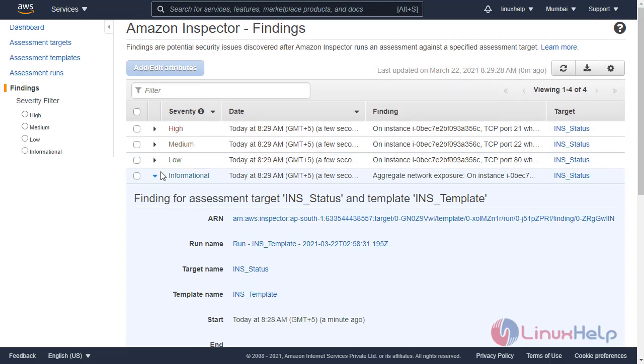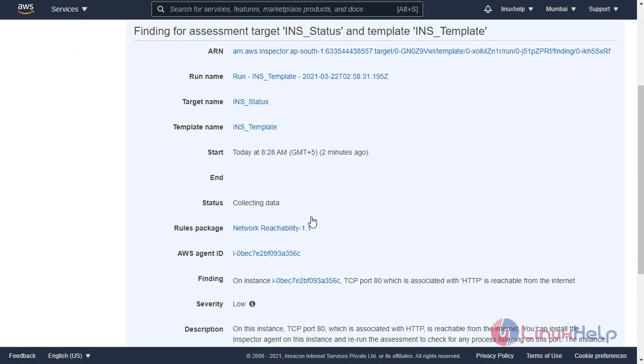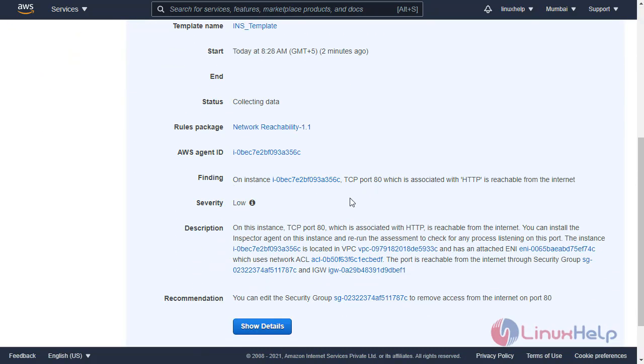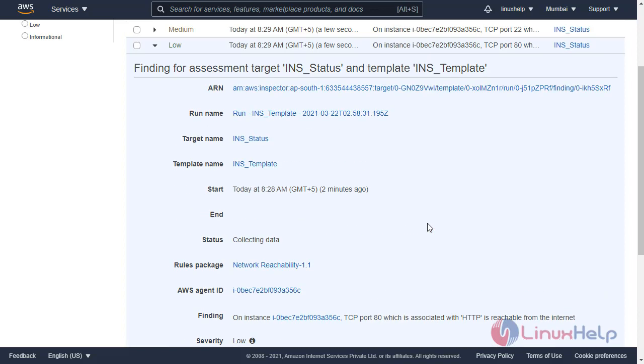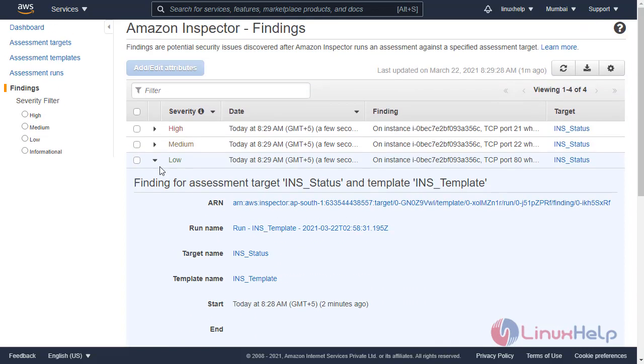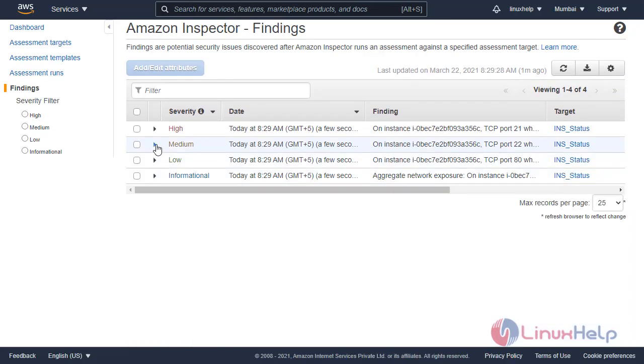Then click the low level. It also shows the port 80 which is associated with HTTP reachable from the internet. That means port 80 is reachable from the internet because we enabled port 80 for the instance in the security group.